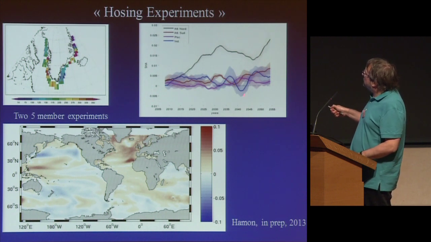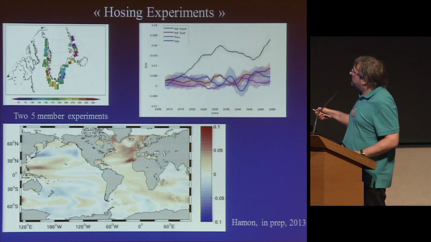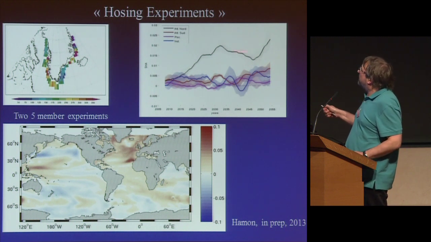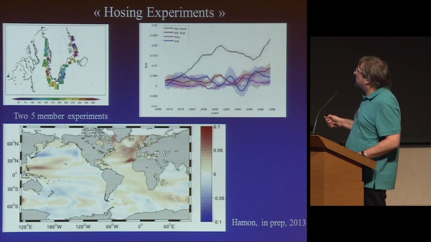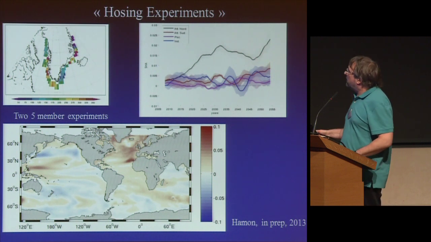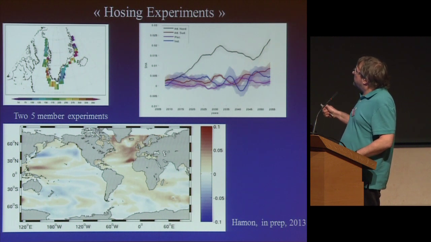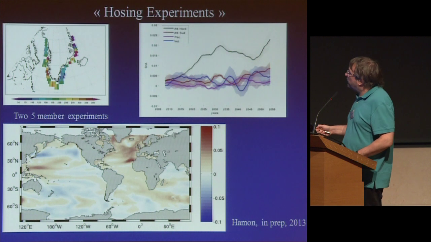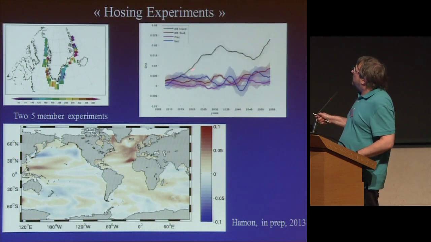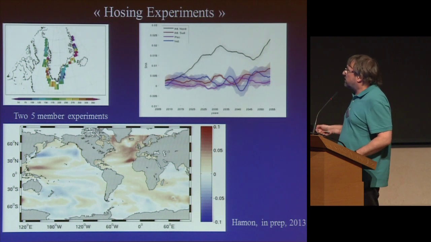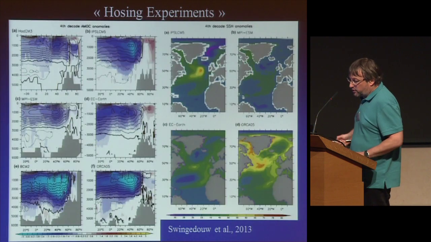And this is not the case for what happens in the other basins. So we could say that even for this experiment, the impact is mostly localized in the North Atlantic. The other difference with the paper by Stammer is that our response is not monotonic. There seems to be some decadal modulation of the sea level rise in the North Atlantic, which is due to some mechanisms that we are investigating in a paper in preparation.